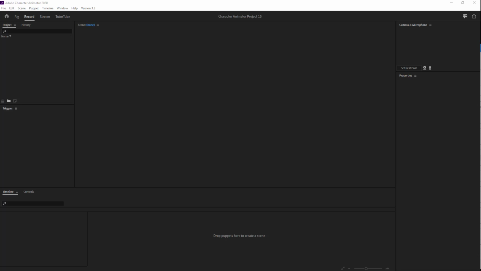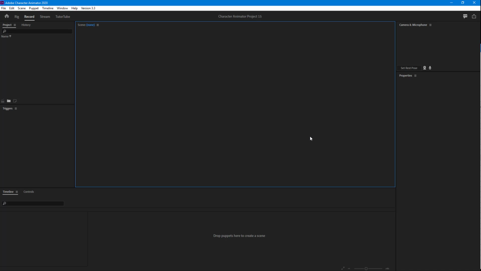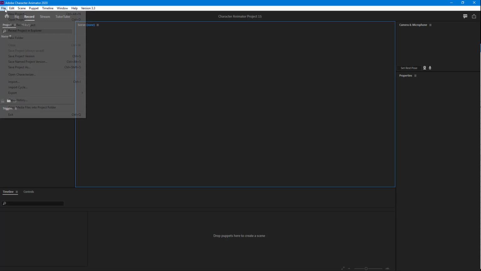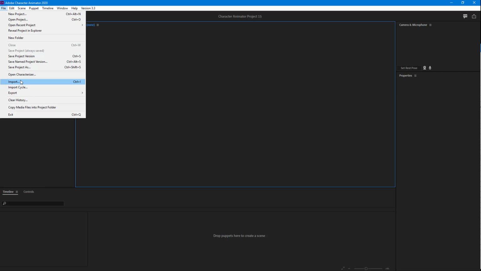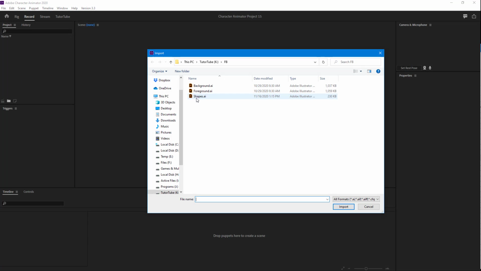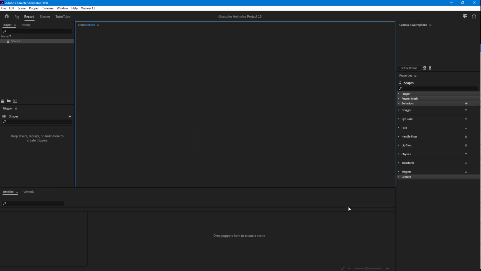Now let's see how we can work with magnets inside of Adobe Character Animator. In order to do that, first of all, I'm going to import a puppet. To do that, I'm going to go to File, click on Import right here, and then click on Shapes. Once I do that, I'm going to click on Import right here, and the shapes have been imported, as you